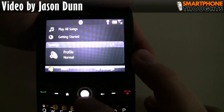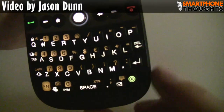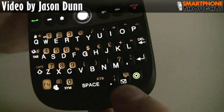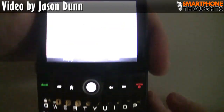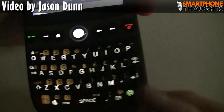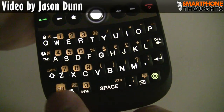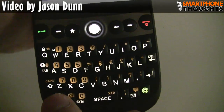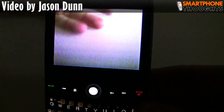Like I said, I don't have this phone long enough to really take advantage of it, but it might work out pretty well. Some of the other buttons on here, you can press function and then this key, and that will actually launch the SMS application. So that's a quick way to get into doing a text message. There's also the camera key. So if I go function this button, you'll see that the camera will start up, and this is just showing